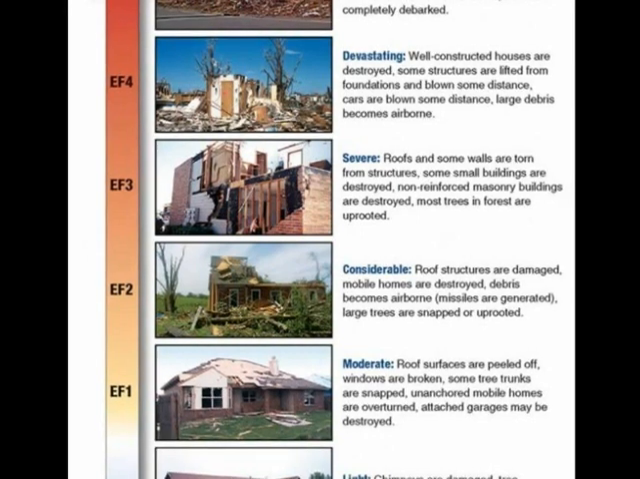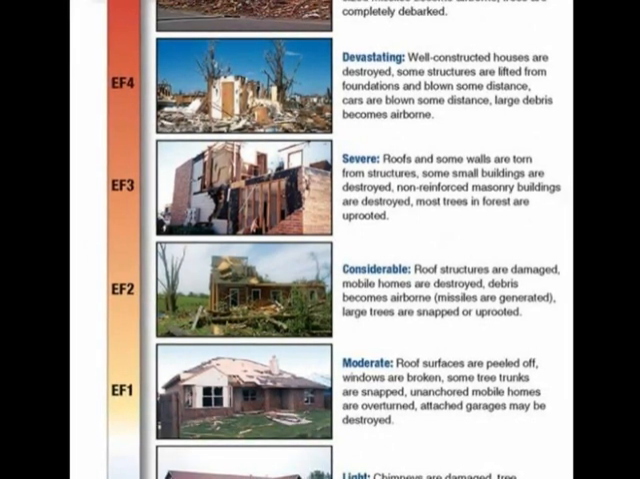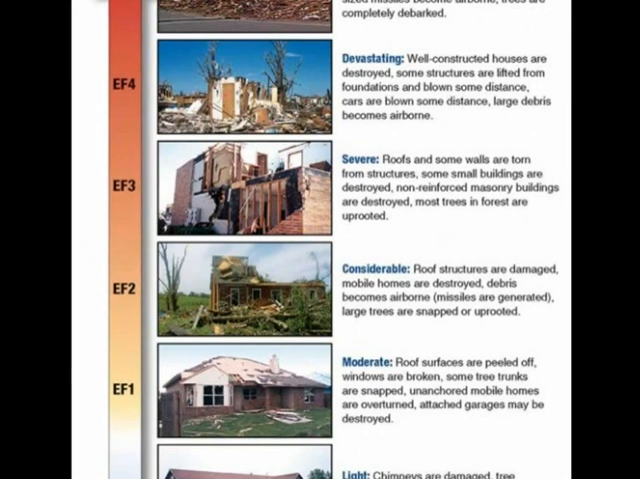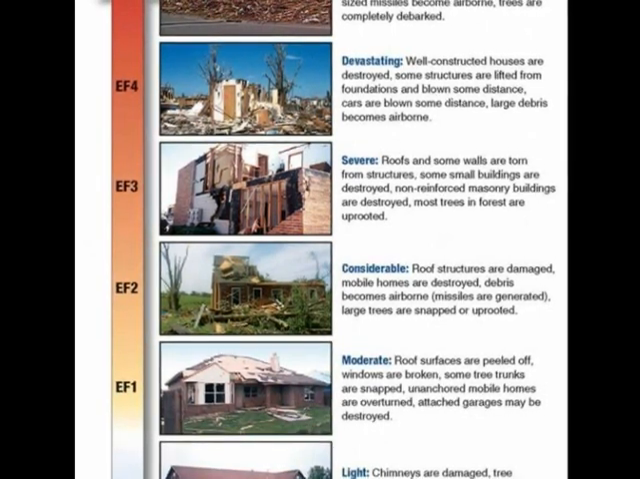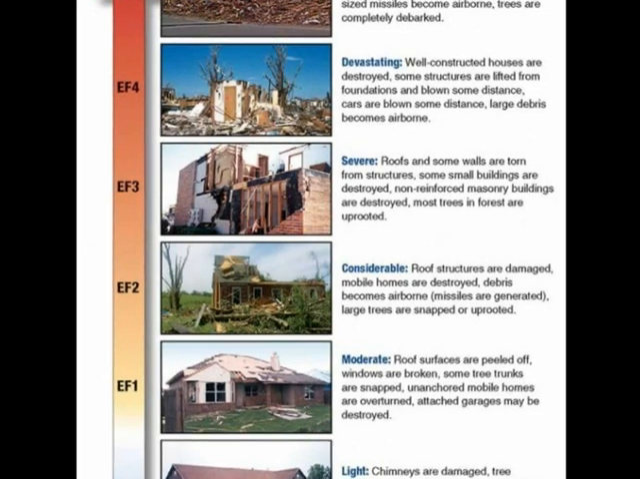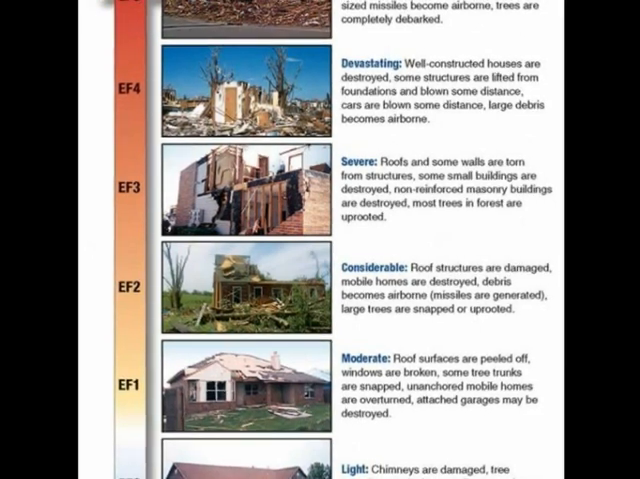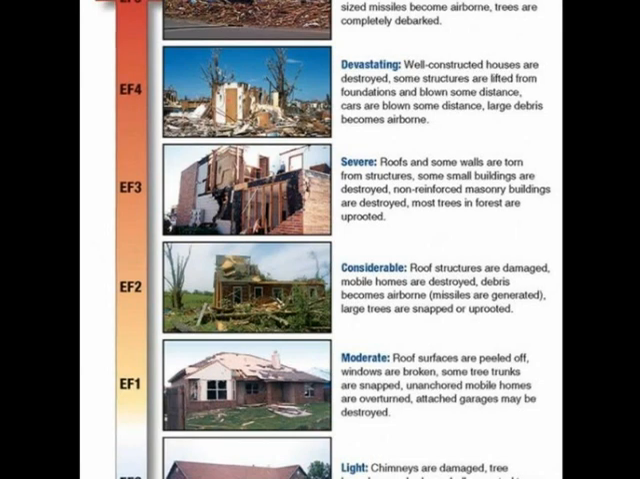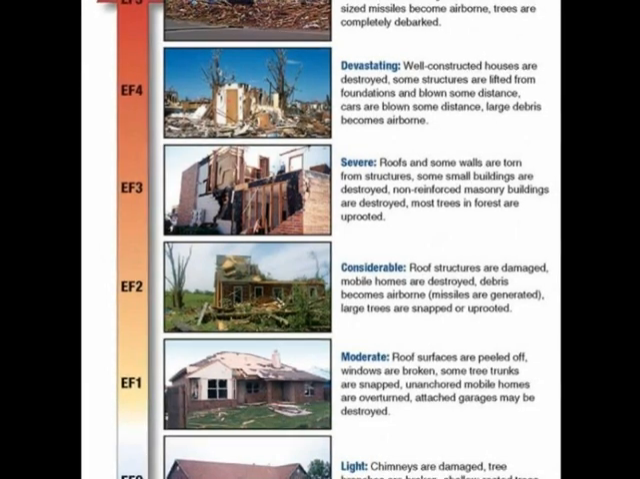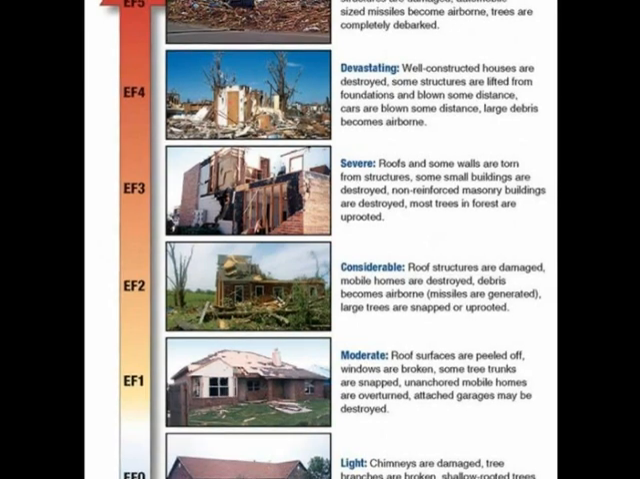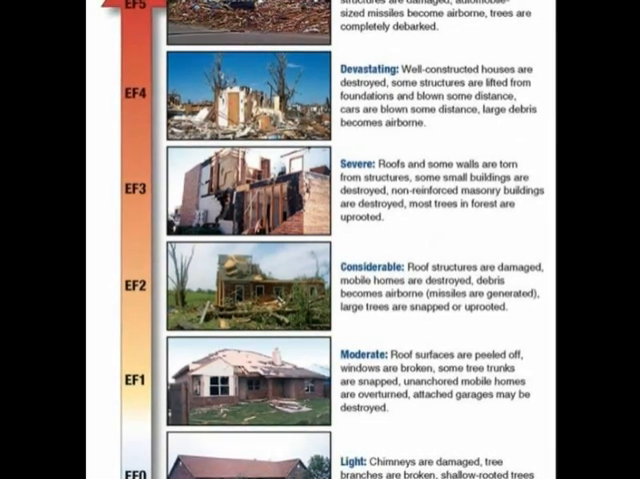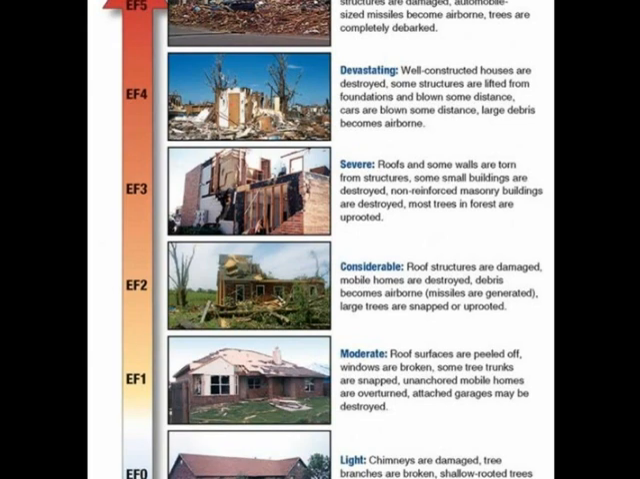Tornadoes are rated based off of their damage and wind speeds. For example, an EF0 damage would be light. Chimneys are damaged, tree branches are broken, and shallow-rooted trees are toppled. Moving on up to EF1 is moderate damage. Roof surfaces are peeled off, windows are broken, some tree trunks are snapped, unanchored mobile homes are overturned, and attached